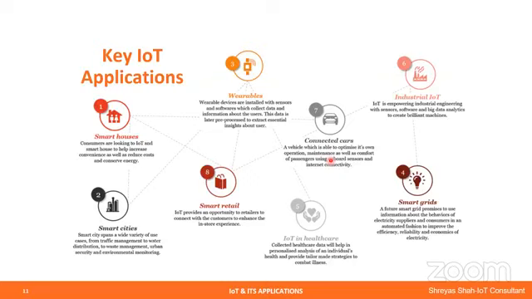Then it will alert you again and again that the seat belt is not worn, for passenger safety. It is a vehicle which is able to optimize its own operation, maintenance, as well as comfort of passengers using onboard sensors and internet connectivity. That is maintenance and operation. It will daily check the engine activity, and all these small modules or small parts will be embedded with onboard sensors, which will collect and give the data to its hub, and it will communicate and populate the data to the passengers for ease and comfort.